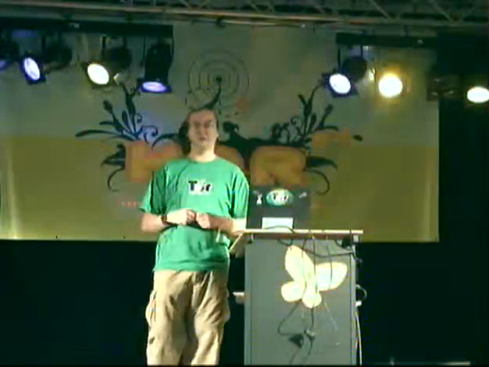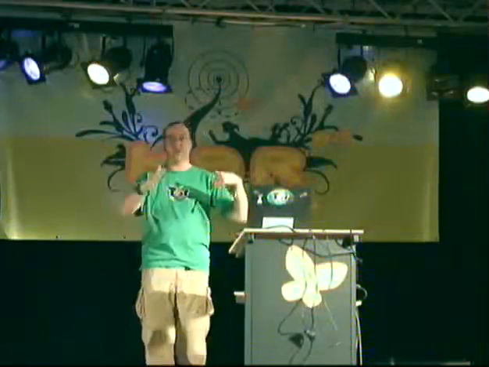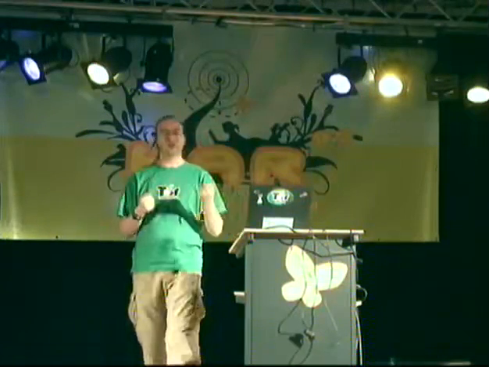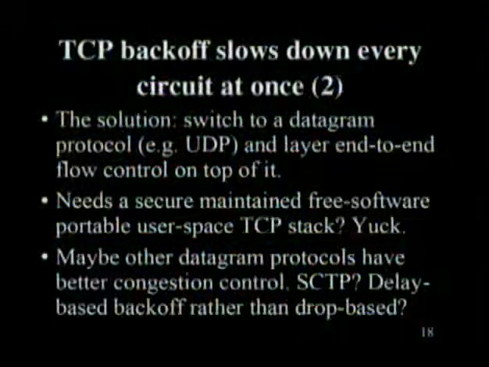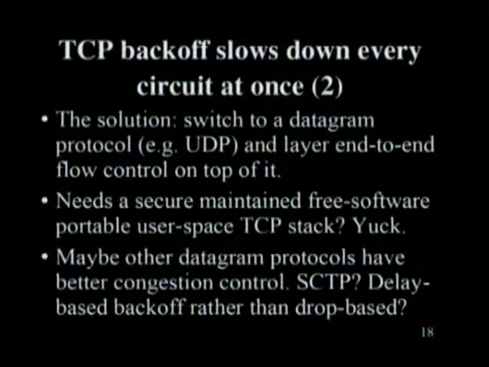And the first step was, let's switch to UDP on the network, and let's put user space TCP proxies on the first edge on Alice's side, and then another one on the far side. And they need to be user space, because otherwise you're going to be leaking details about what OS you are and stuff like that by the characteristics of the IP packets that you're seeing. So that's great, except there are no usable, secure, maintainable, portable, free software and a few other properties, TCP stacks